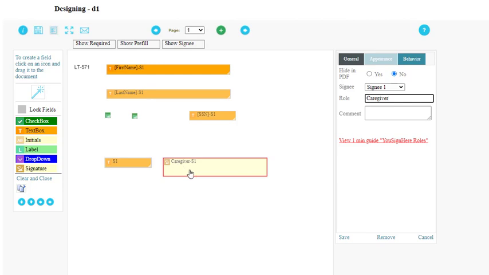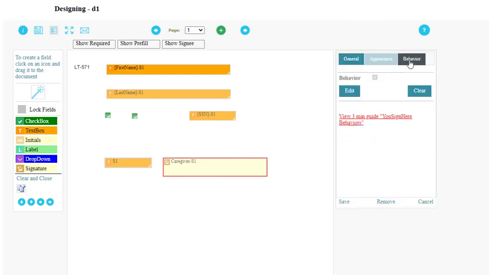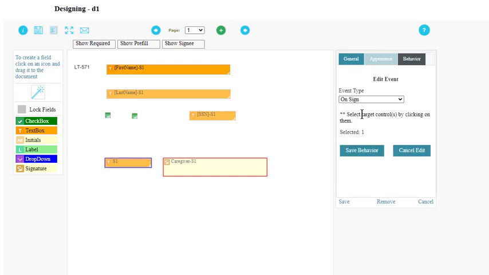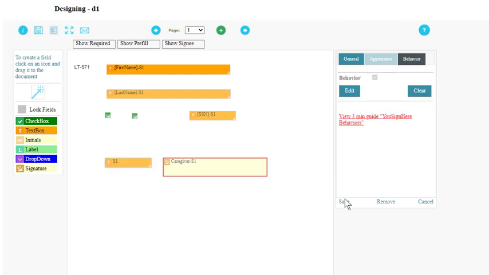Select the signature field first, then go to the field property, click on the behavior and click on edit. The system suggests you select a control where you want to place the date of the signature. So you'd select this one, it says selected one, and basically click save behavior, save, and